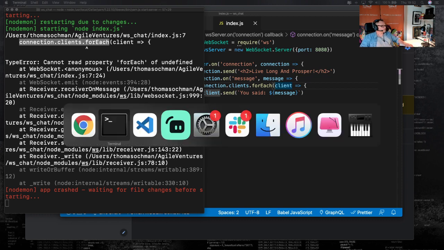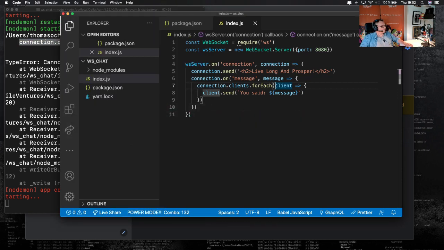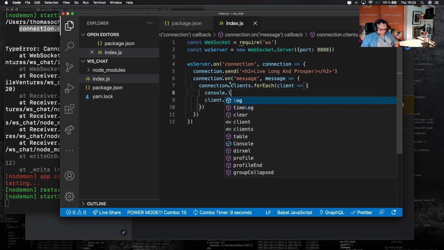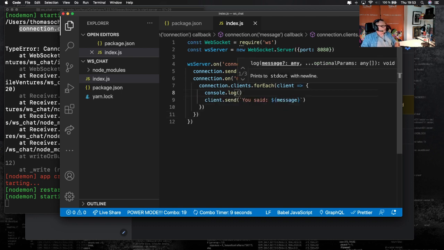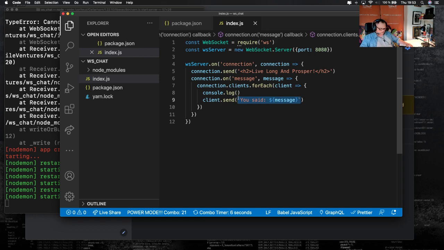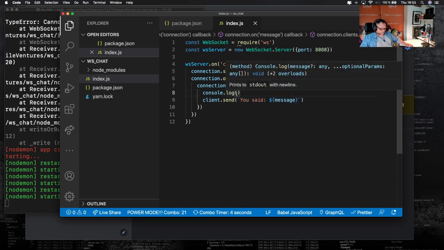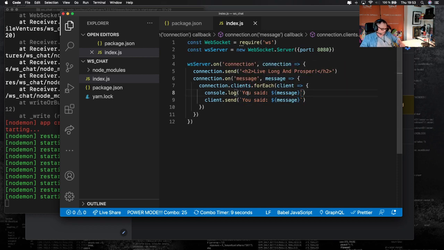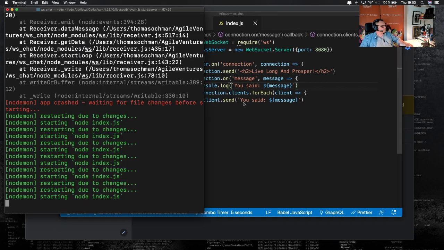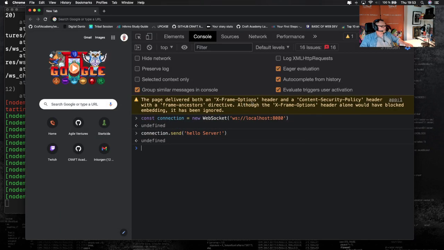Let's try this again, because this should work. So let's just do console log on this one first. Console.log, and the same thing. Let's just try that. So we see that we get this first, and we move this up here. Connection clients, right? That should in principle work. Right. So